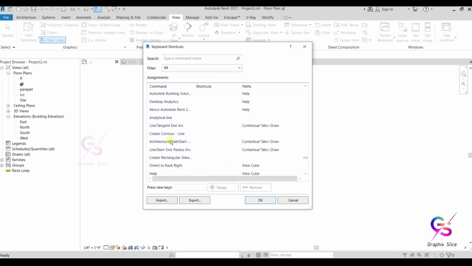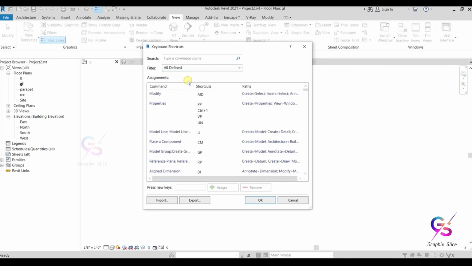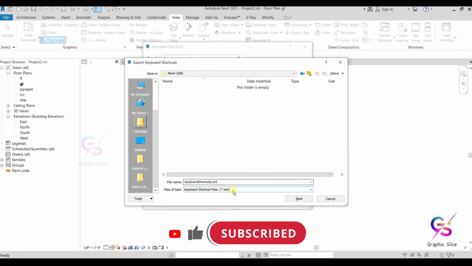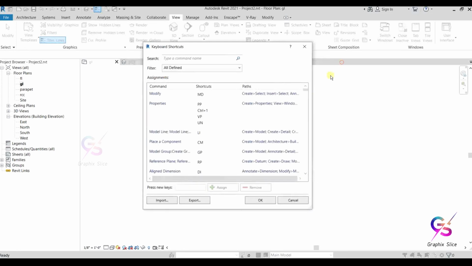And after preparing the shortcut commands, if you're working on your own PC or else an office PC, once you have prepared your own set of properties, you can store it by using the export option. You can store it anywhere, and it stores in the form of XML only. After saving this, if you want to retain or reuse it, go with import. You can export it and save it to any drive or folder.